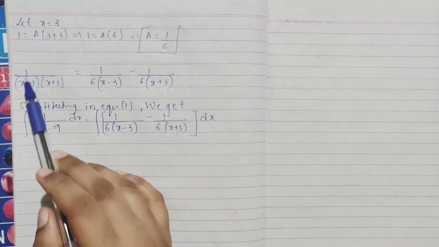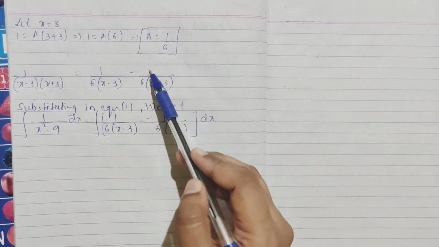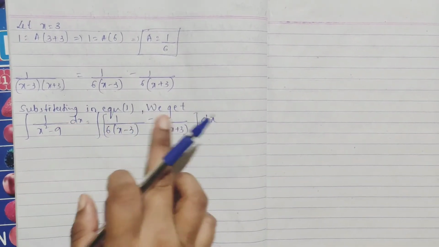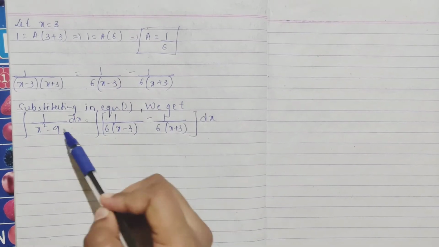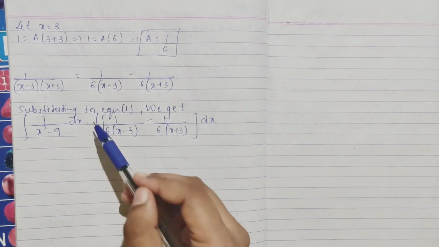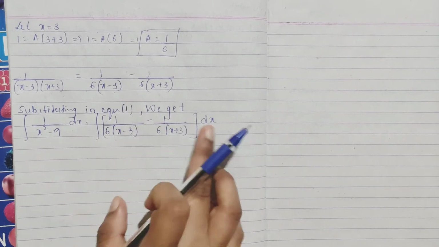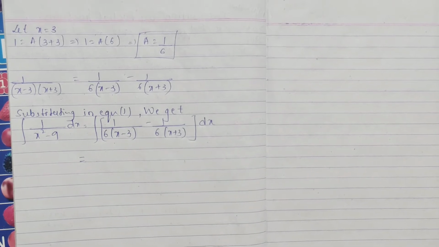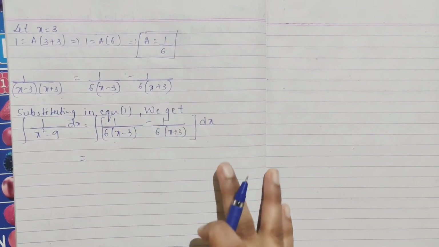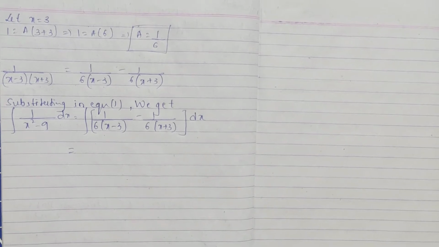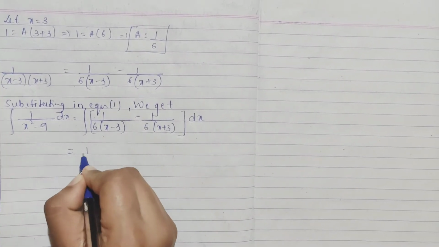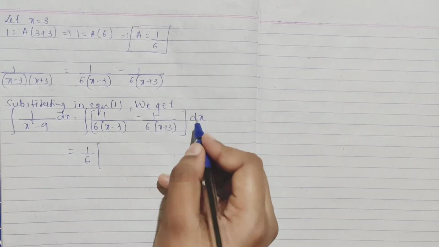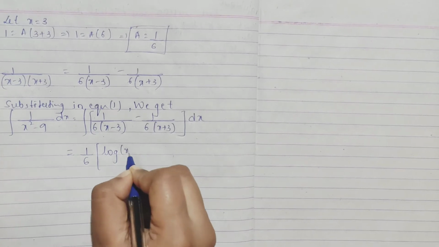So we have 1 by x minus 3, x plus 3 is 1 by 6 into x minus 3 minus 1 by 6 into x plus 3, because your A is 1 by 6 you are getting, right. So substituting in your equation 1, that is your integration part, you can take that as your equation 1. Now directly you can do it or separate, because here it is easy, because 1 by x minus 3 we know it is only log. So we try to factorize everything and get it in the simplest form. From here, both, 1 by 6 I can take common. So I will be left with 1 by x minus 3 dx, this is log of x minus 3.